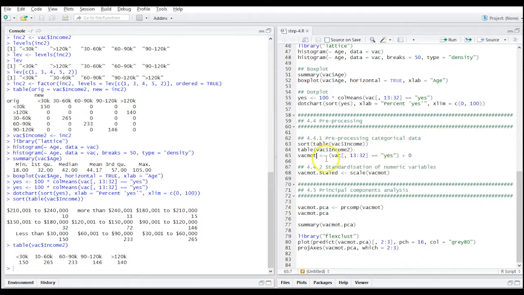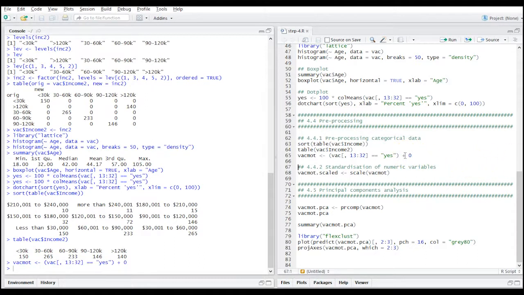This gives us a logical matrix, and then we add 0 to coerce it to a numeric matrix. So if we execute this, the vacmod is now the matrix containing the vacation motives. That's a matrix with 1,000 rows and 20 columns, and it's a numeric matrix which only contains zeros and